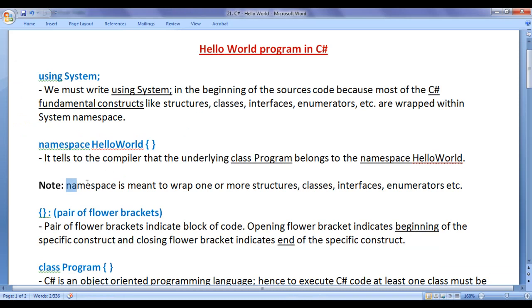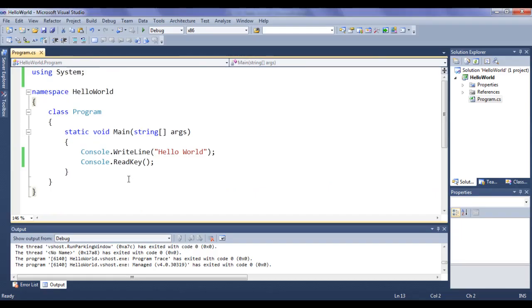Note, a namespace is meant to wrap one or more structures, classes, interfaces, enumerators, etc. In our example program, this namespace Hello World is wrapping a single class, that is program, guys.